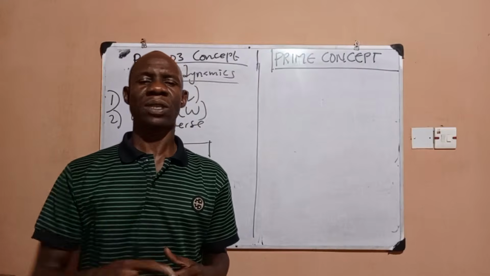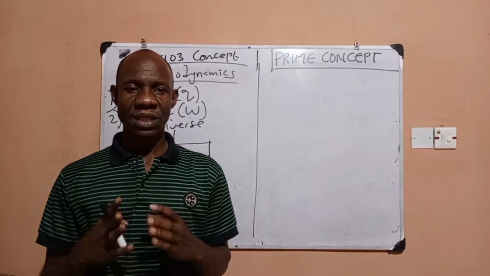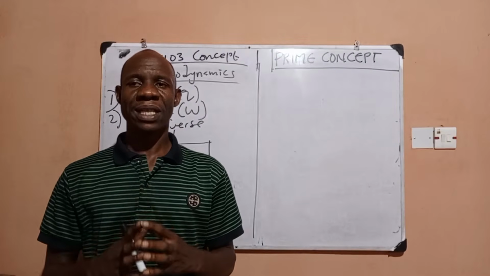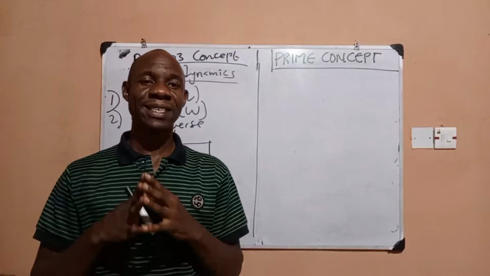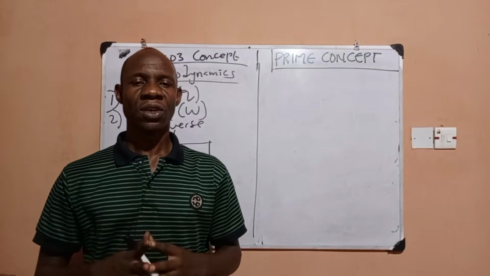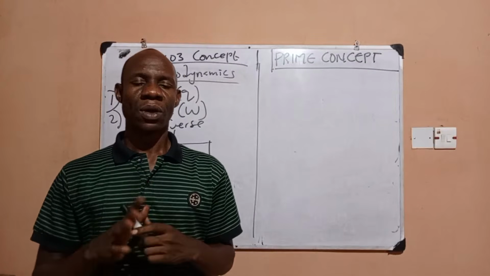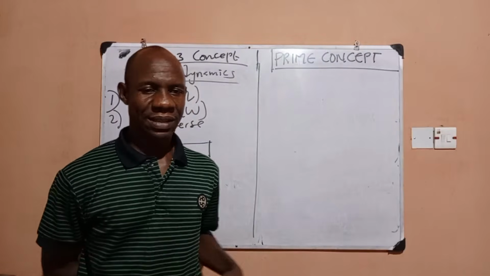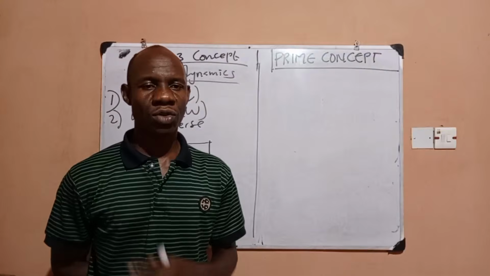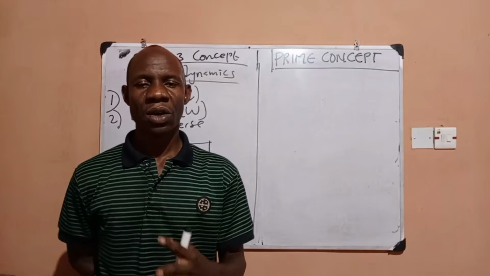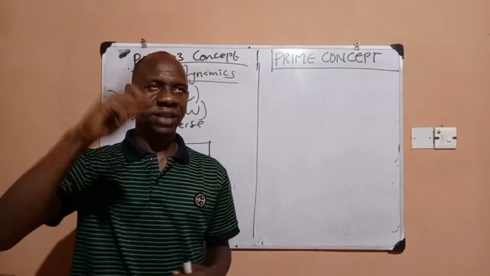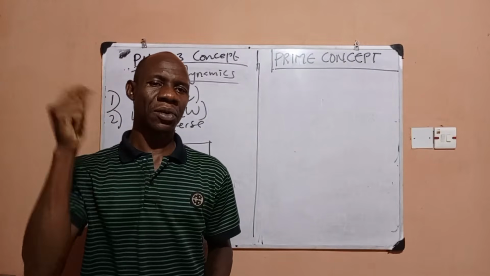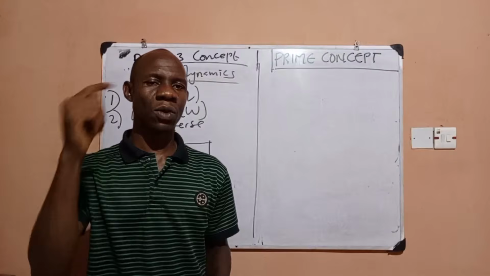Once I pour that water in a calorimeter, I begin to study the water inside that calorimeter. Then that calorimeter becomes a system to me. It becomes a what? System. While the remaining part that surrounds that calorimeter is what you call the surrounding. So in other words, your universe, which is the whole room, is comprised of a system and a what? Surrounding.